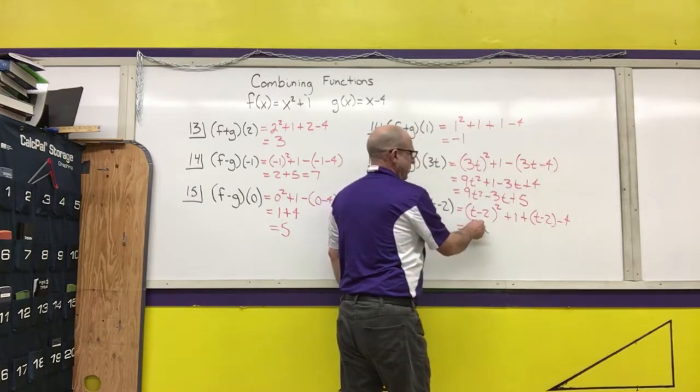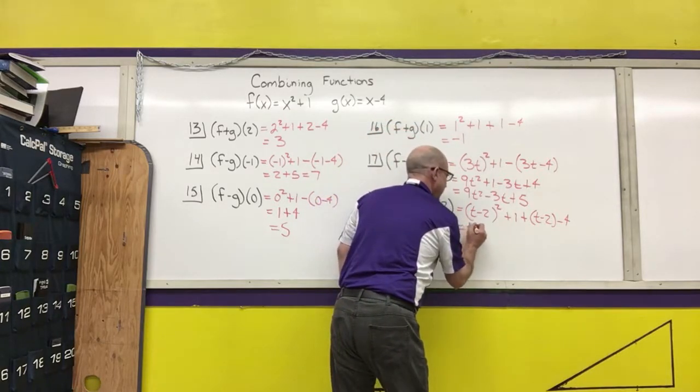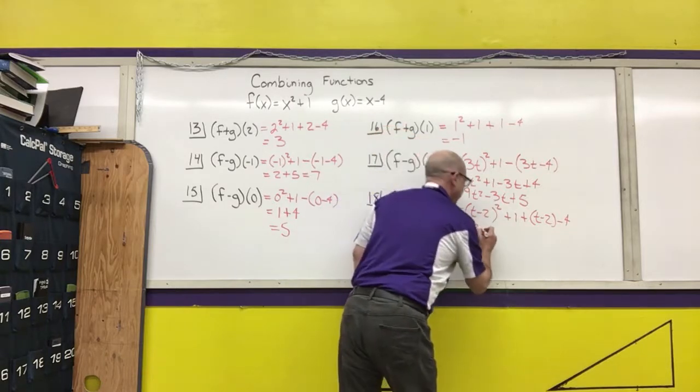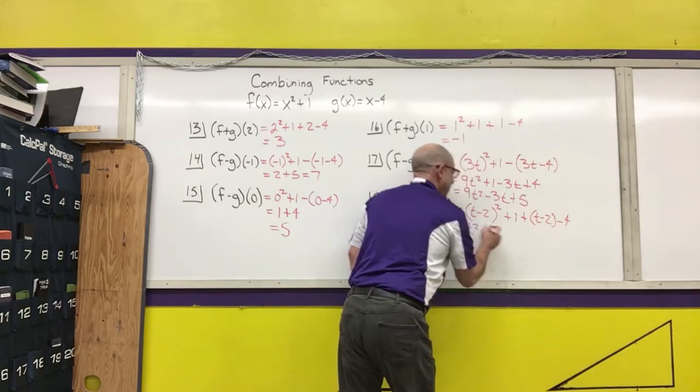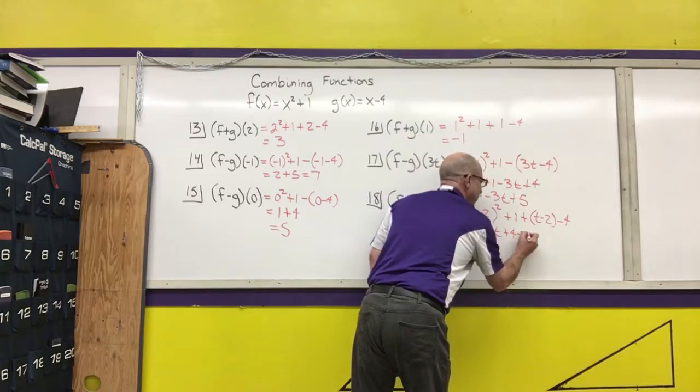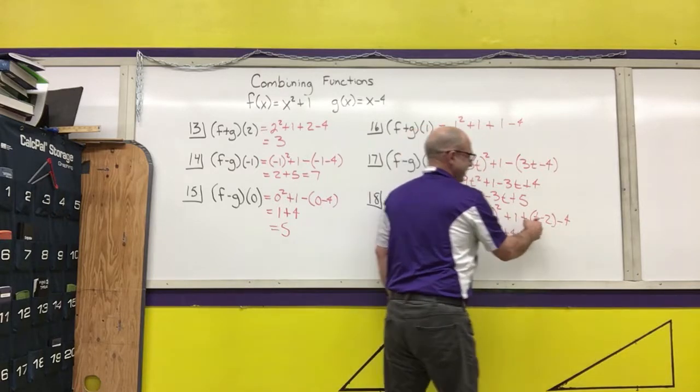Now going to square this, which is going to be t squared, first term squared. 2 times their product would be negative 4t. And then the last term squared would be plus 4. Plus 1 plus t